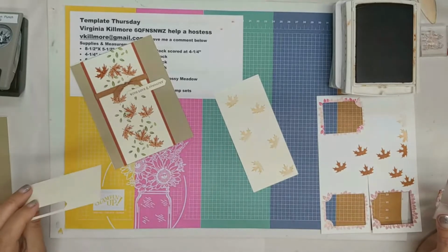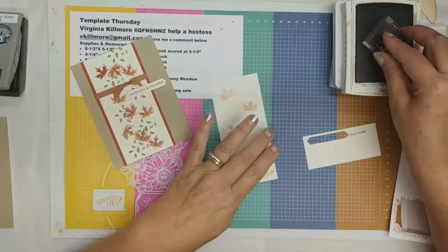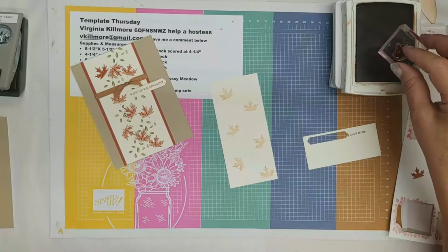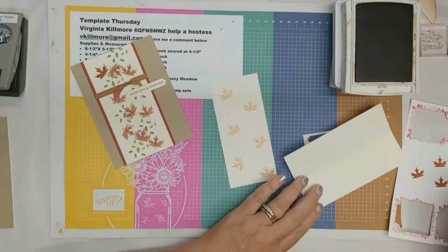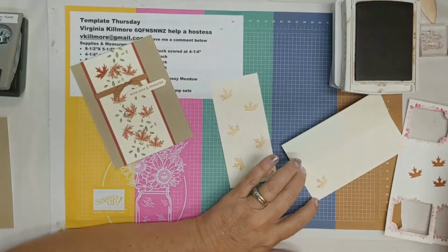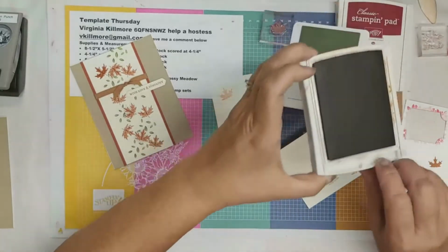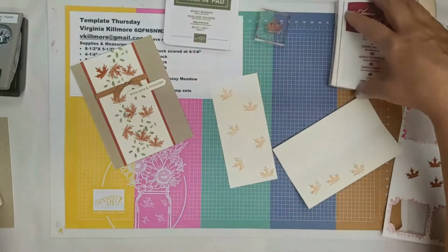I'm also going to need a couple leaves here, so I'm going to use this scrap piece of paper. I may have to get some more scrap paper for the rest of the card, but that's okay. We'll just find something. Oh, here's some. I'll use this piece because I think that'll work. Again, 1, 2, and 3. Now I'm going to use my Cherry Cobbler to go on the line over the